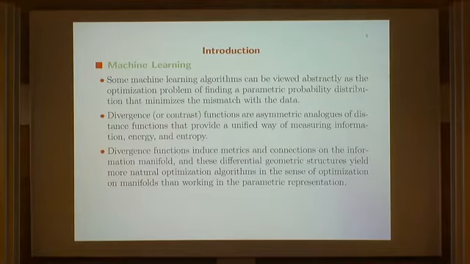And as I mentioned before, many machine learning algorithms can be viewed abstractly as an optimization problem. The way you measure the goodness of fit, if you will, is through things like divergence and contrast functions, which are asymmetric analogs of distance functions, and they provide a unified way of measuring information, energy, entropy. And then from these divergence functions, you get induced metrics and connections on the space of probability distributions, and these differential geometric structures naturally lead to natural optimization algorithms, in essence optimization on